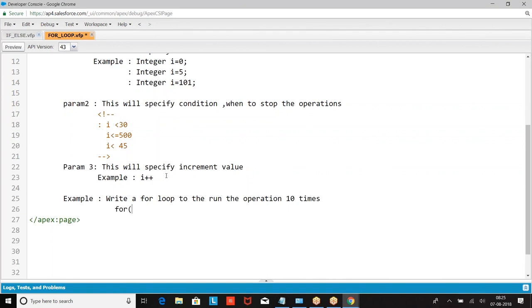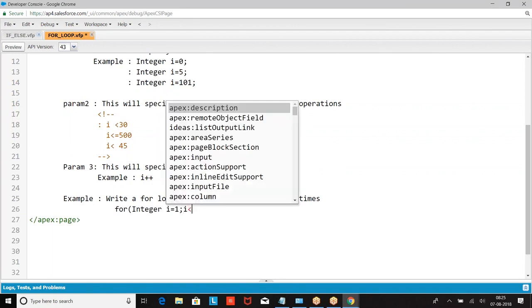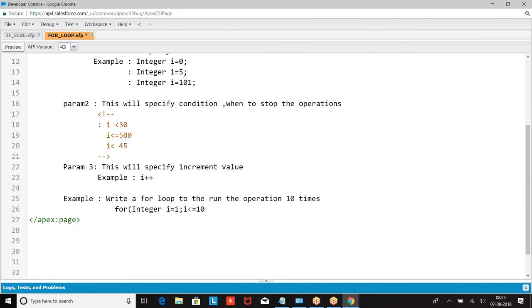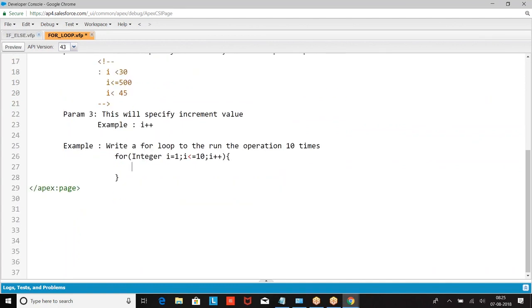So what I'm doing: for integer I equal to 1, start the count equal to 1. 10 times means till I equal to 10, I less than or equal to 10, I plus plus. So if the value of I equal to 11, the operation will stop.